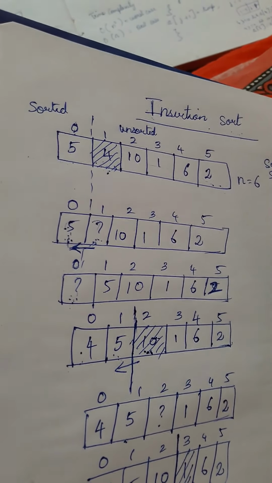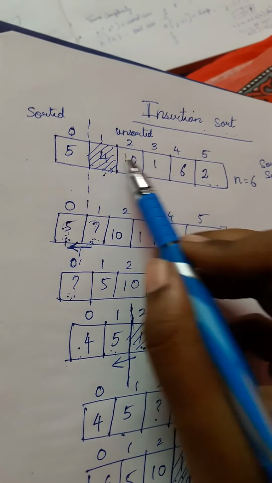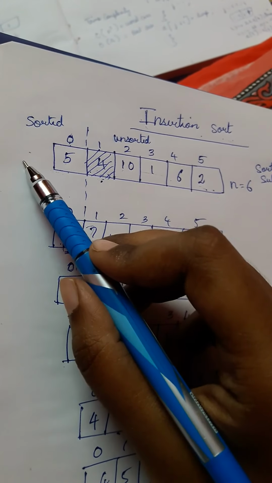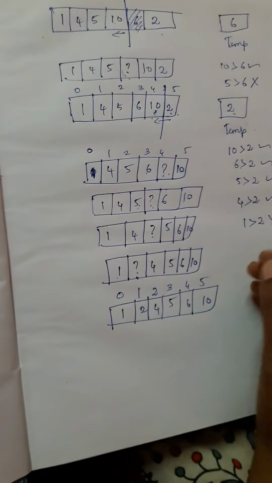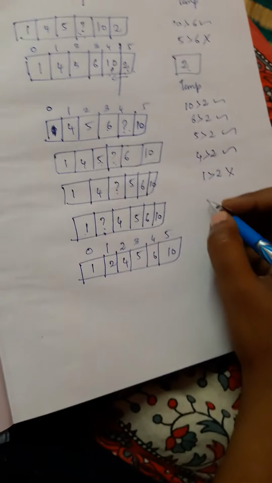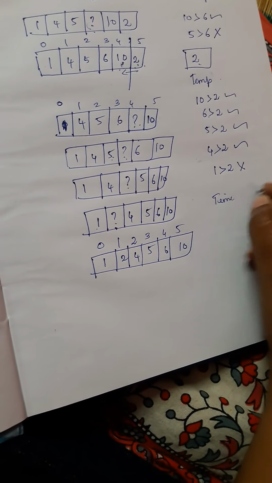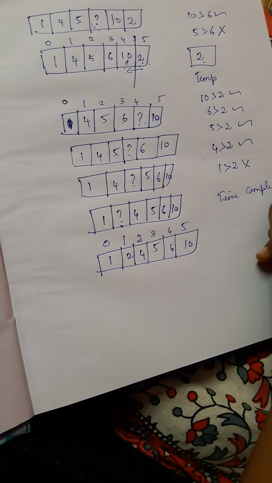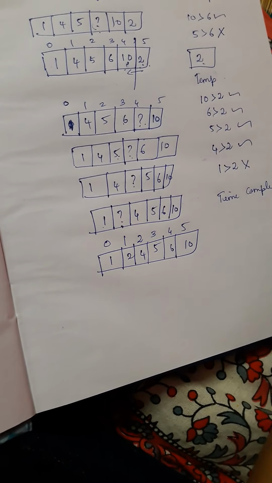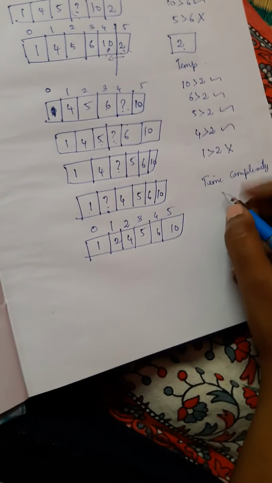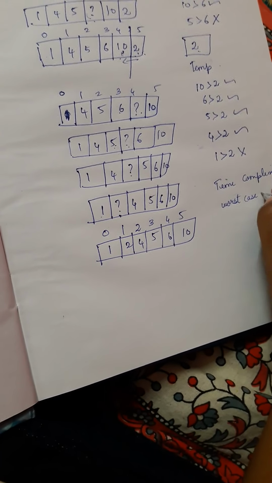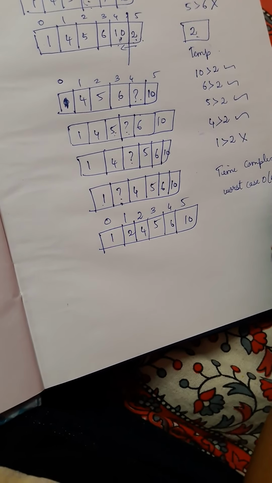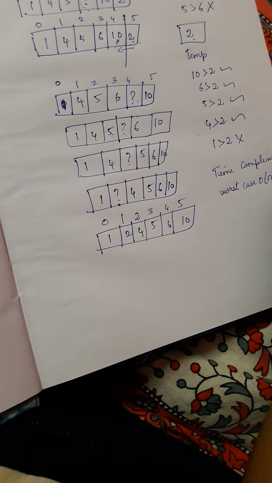It came to be called insertion sort. We are comparing the unsorted array and inserting into one sorted array in the suitable position. So that is why we are calling this algorithm insertion sorting. So now we will see the time complexity. So the time complexity here, for the worst case, is O of n square.